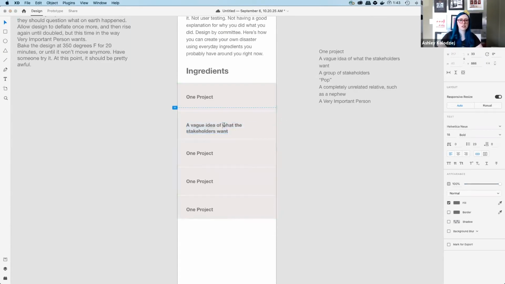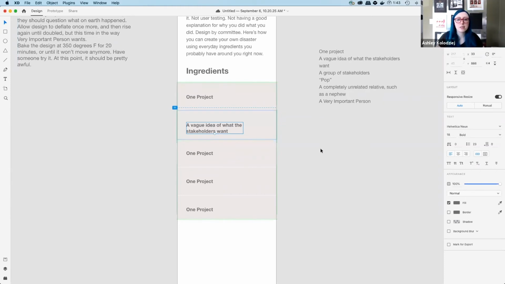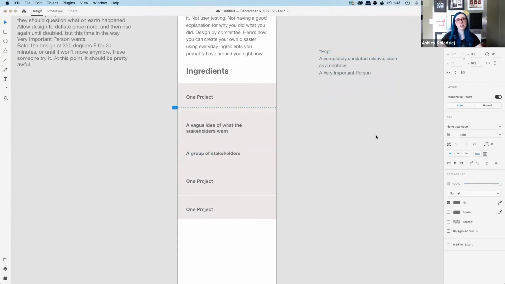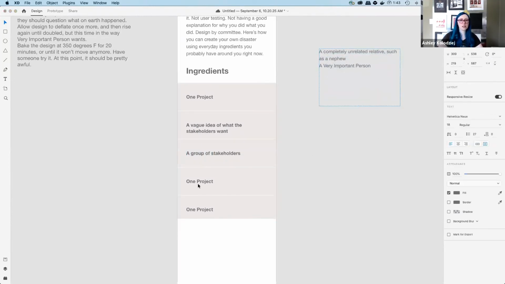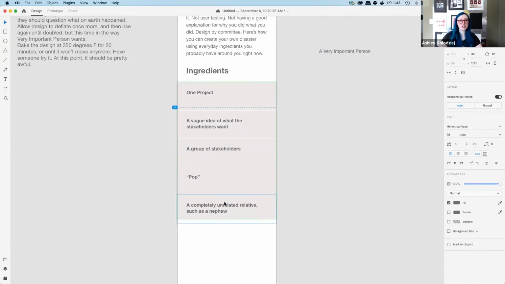So let's just grab this, just this one. Oh, it's hard to move just that one, huh? That's okay. I'll figure it out later. It's not too important. So I've got these two. I'm going to double click a group of stakeholders, cut, paste, paste. And I'm using Shift Return to change how that looks.